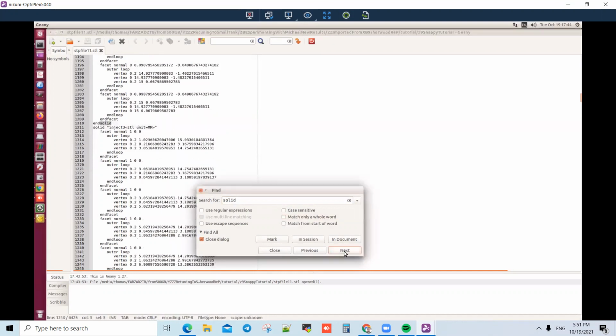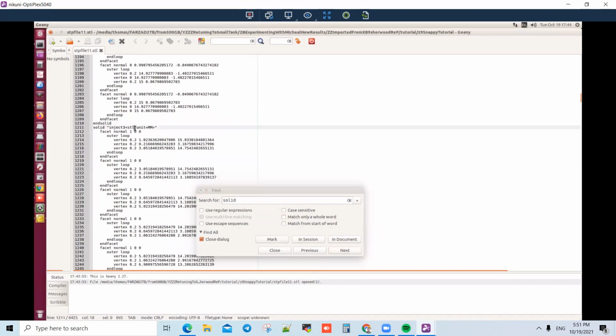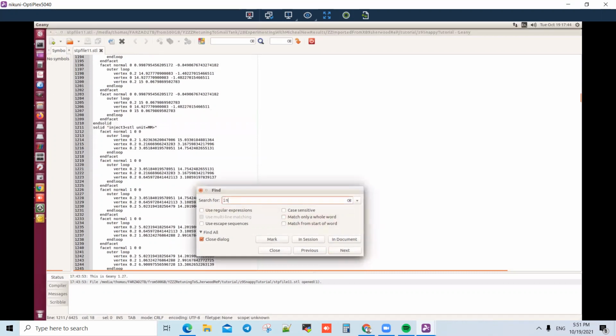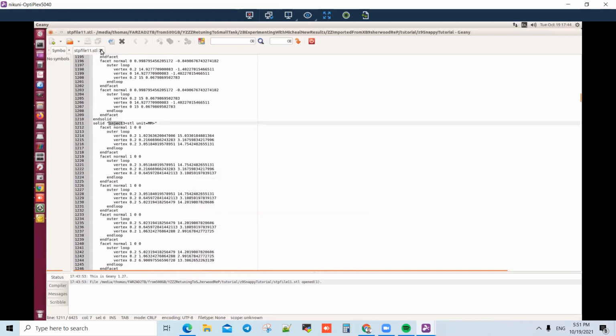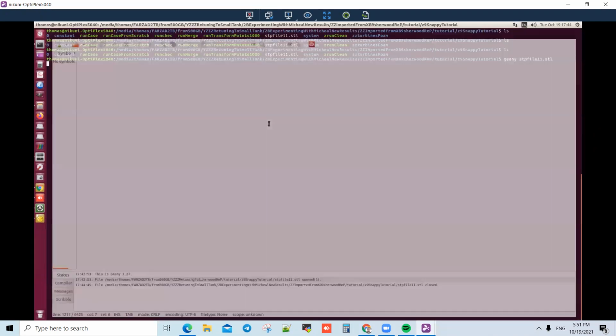Okay, and another name here. Also, I have put 4 injectors. I'm going to search for injects. As you see, this is solid inject, this one. The other one, solid inject, this one. And yeah, we have 4 of them. Another one, this one. So what I'm going to do, instead of changing the boundary condition, I'm going to change